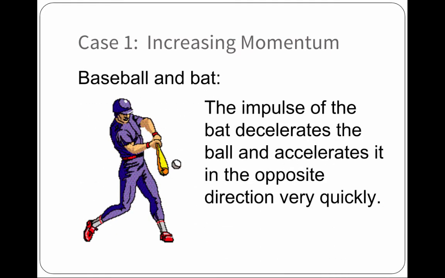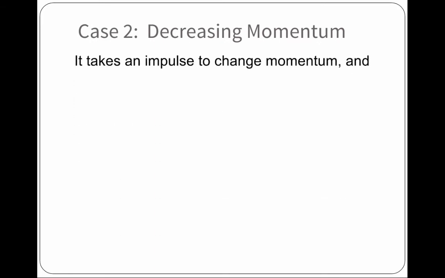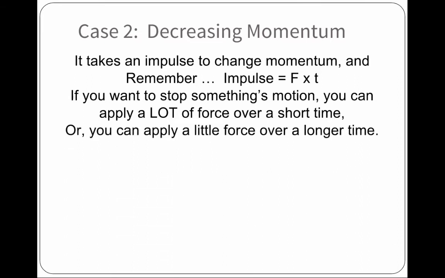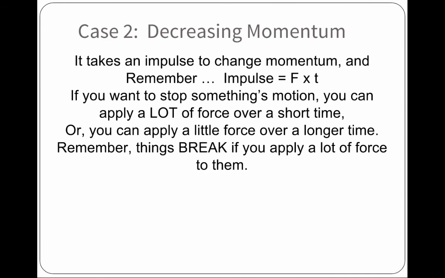Case 1, increasing the momentum, the bat and the ball. The impulse of the bat decelerates the ball and accelerates it in the opposite direction very quickly. Case 2, decreasing momentum. It takes an impulse to change momentum. Remember, impulse is force times time. If you want to stop something's motion, you can apply a lot of force over a short time, or you can apply a little force over a long time. Remember, things break if you apply a lot of force to them,